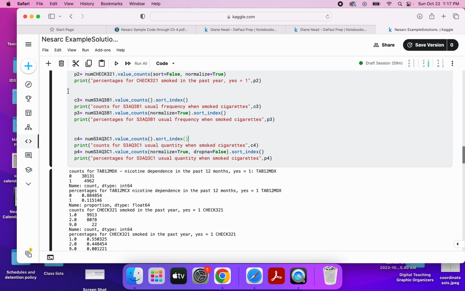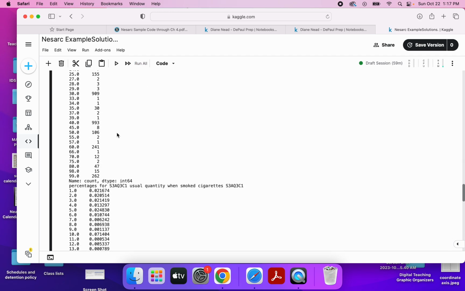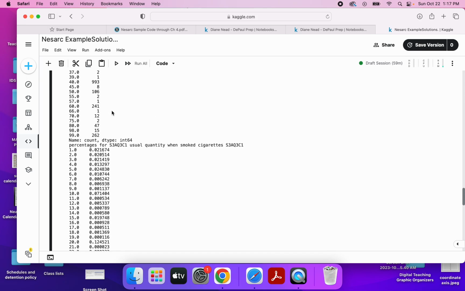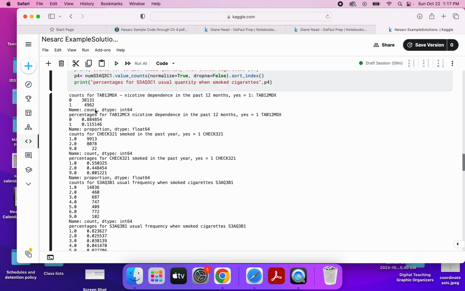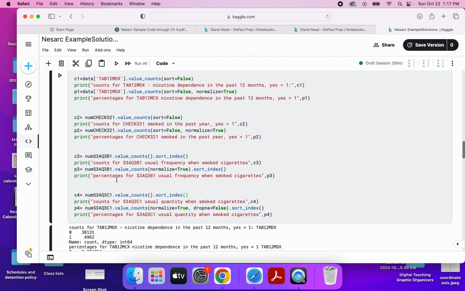So you get to pick in your program, how do you want your data sorted and why? And if you want it sorted by the left column, there we go, use sort index. If you want it sorted by the right column, so the biggest categories on top, then you don't use sort index. So what I want you to do now is to stop the video, type out all this code, then